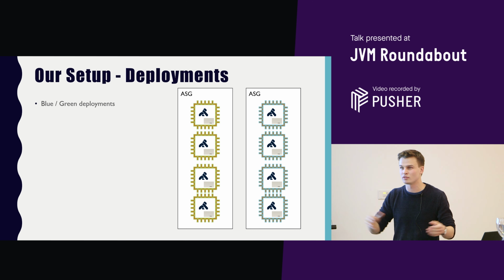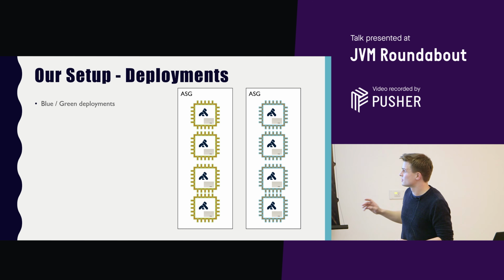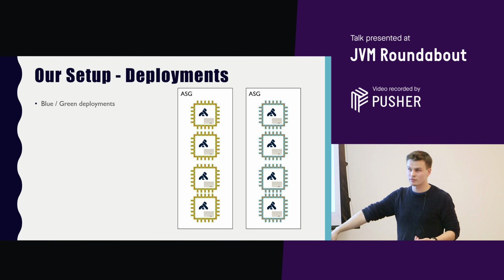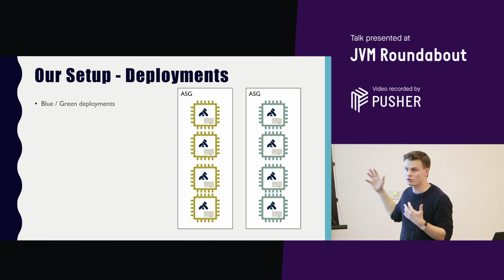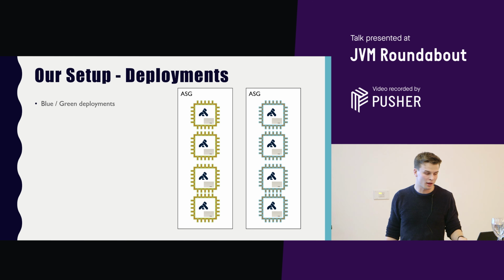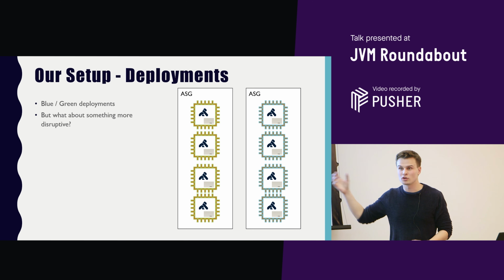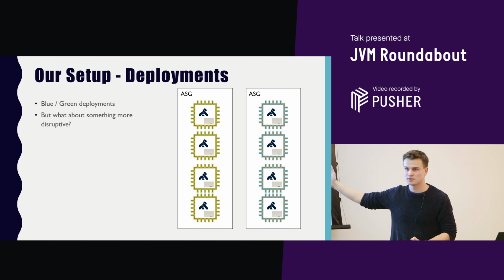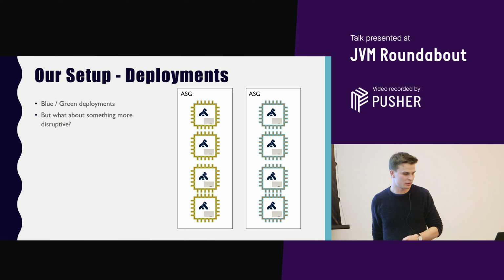So this essentially means you're very over-provisioned for a short period of time. If things are looking bad, it's very easy and very quick just to get rid of those new instances. And if things are looking good, after a period of time where you're like, okay, things are looking happy, you get rid of the old ones. Being fully in cloud, like Skyscanner, means you can be very flexible. You're paying by the minute for these instances. So being doubly over-provisioned, twice, for like 3 or 4 minutes, it's not that big a deal cost-wise.